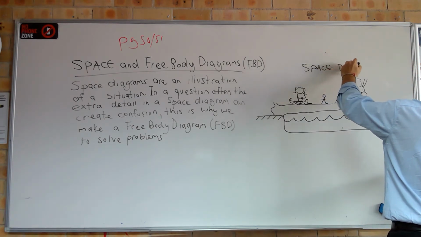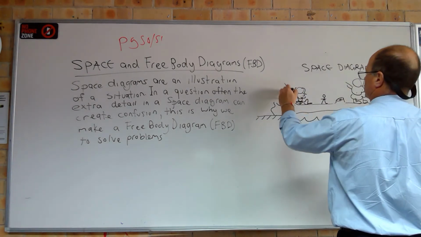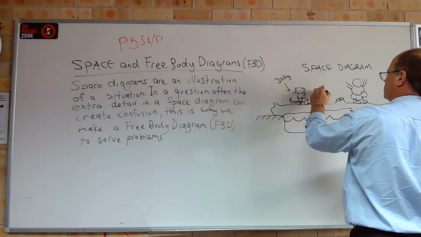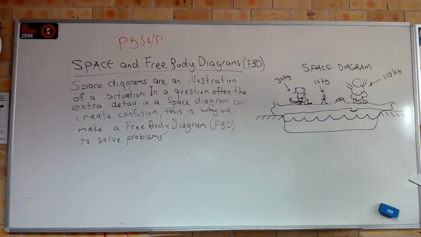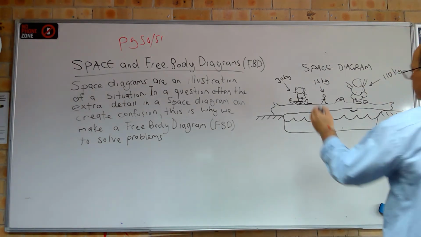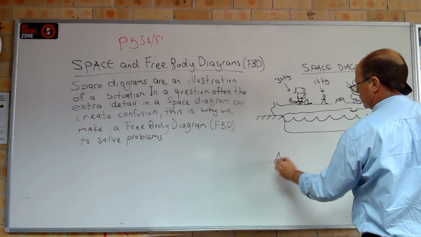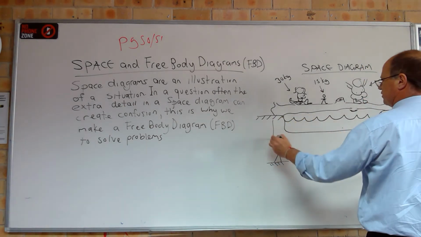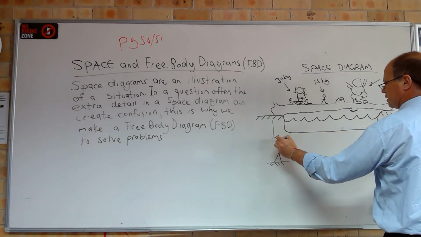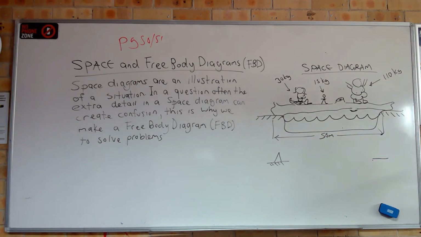Obviously they might give you other information like the weights of these people. So we might have like 30 kgs, 15 kgs, 110 kgs, okay? That's our space diagram, and if you were asked to create a free body diagram for this, it'd be very, very simple. You would just have a fixed support at either end. You might actually be given a distance here as well. 50 meters. Okay, so space diagrams give us a lot of information already, but our FBD will remove a lot